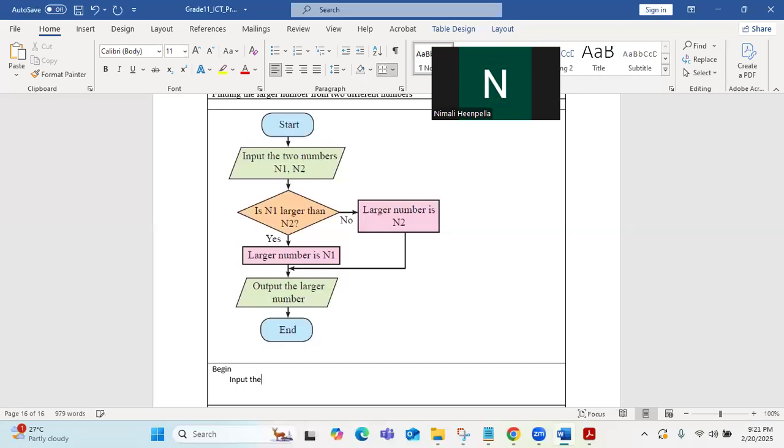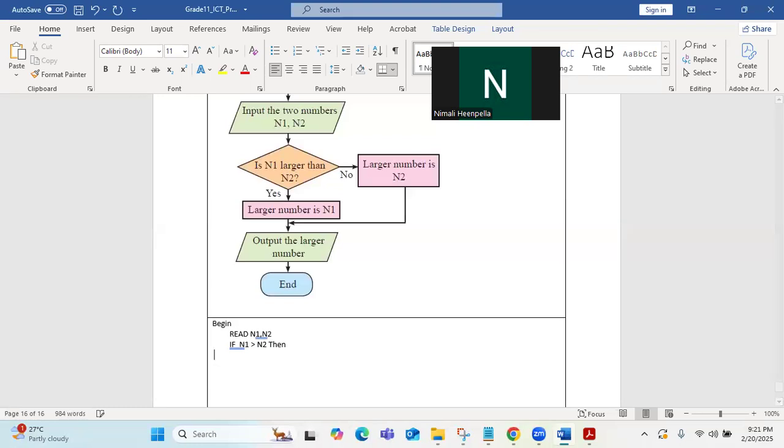For the input we can say read n1 comma n2. Then we say here, if n1 greater than n2, then